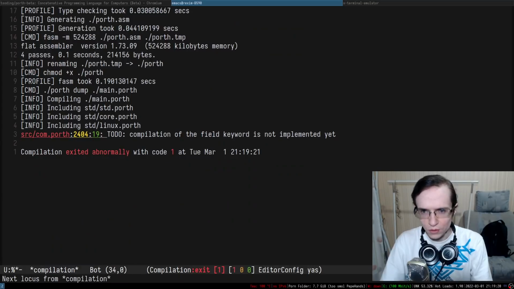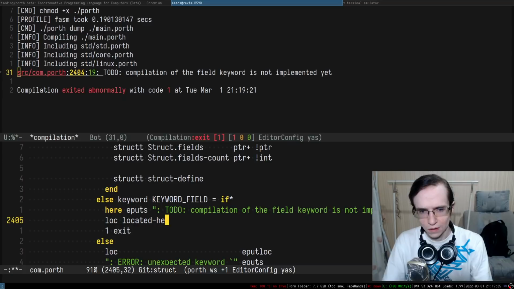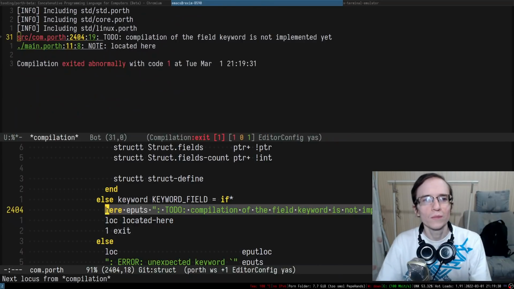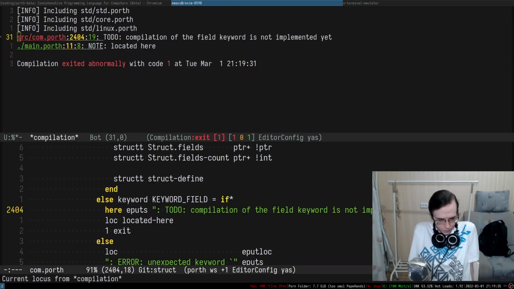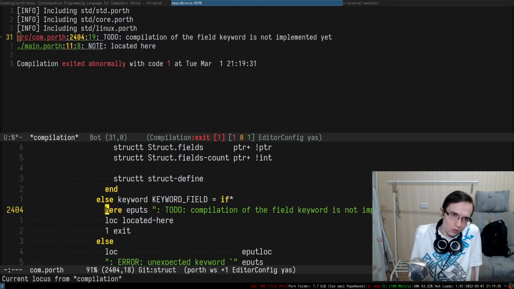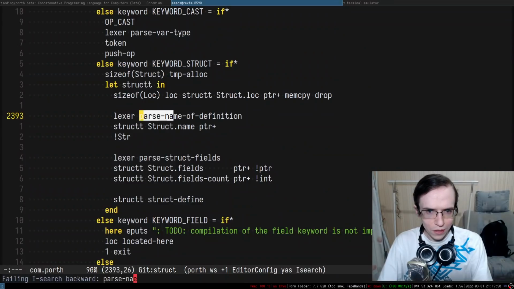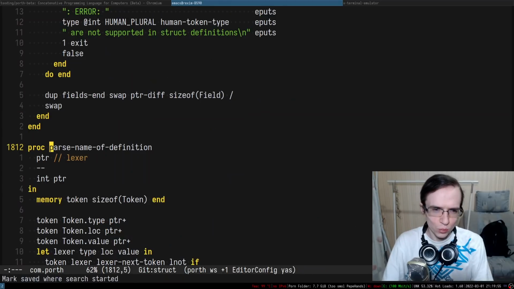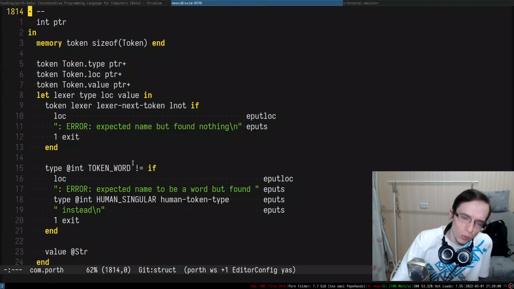So compilation of the field keyword is not implemented, and we can also locate it here. As you can see, it is located in here. Cool. So what I want to do now is to take the word after that keyword. It kind of resembles the parse name of the definition, but this time we're not taking the name of the definition, we're taking the name of the field. So it does precisely what we want,